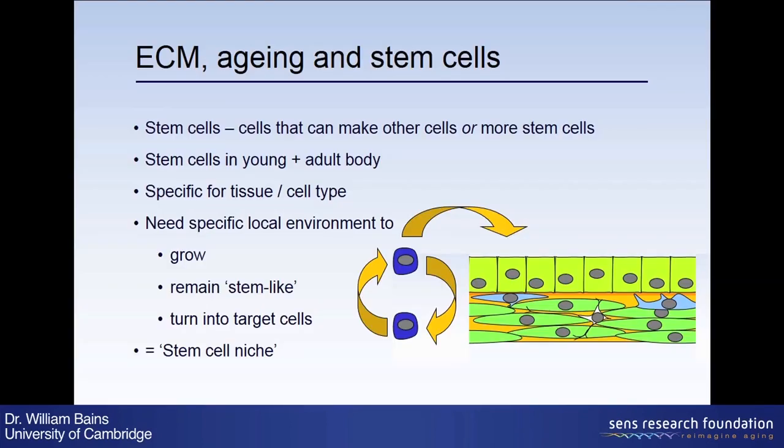I mentioned stem cells, and the last thing I'm going to get onto about diseases is stem cells before we talk about potential treatments at the end. So stem cells are cells that can replicate themselves to make more stem cells and make other types of cells. Diagram right at the start of the talk looked like this.